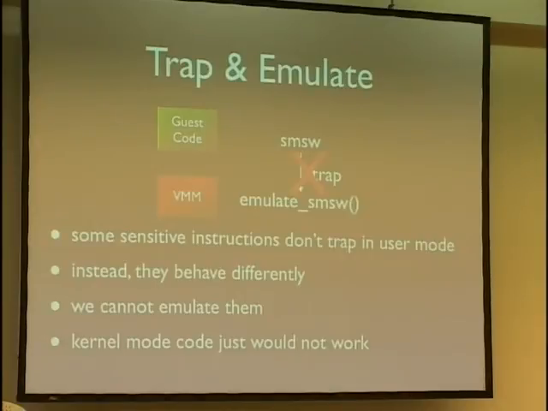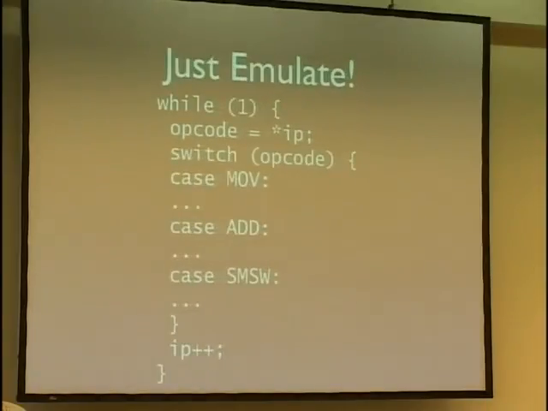If you try to run a Windows kernel or a Linux kernel without any change in user mode and fake the results with traps, it doesn't work. So what can we do about it? You've seen products like PowerPC or Virtual PC for Mac. They do emulation. You could always just emulate it. So every Turing-complete machine can emulate any other Turing-complete machine. You can have one big loop that